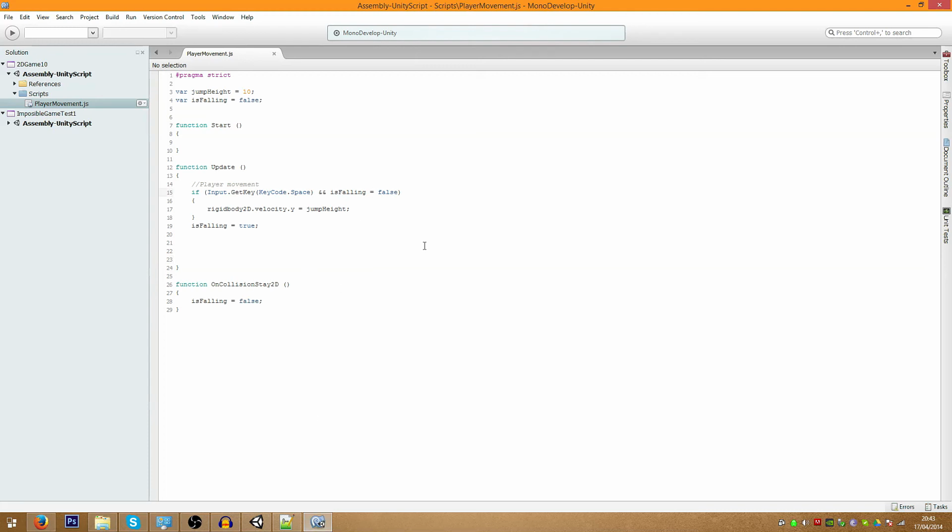When you're checking if something equals, basically one equals is defining a value. Two equals is checking for a value. So in this instance I forgot to check, because we're checking if isFalling equals false, rather than defining isFalling equals false. You have to put two equals signs. That's where we went wrong there. Sorry about that. Just a problem on my end.